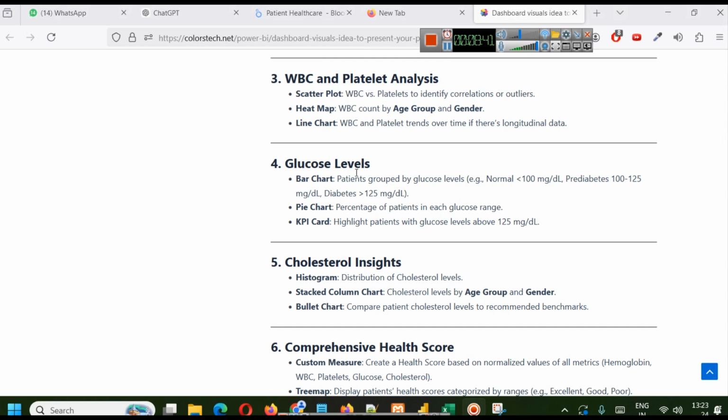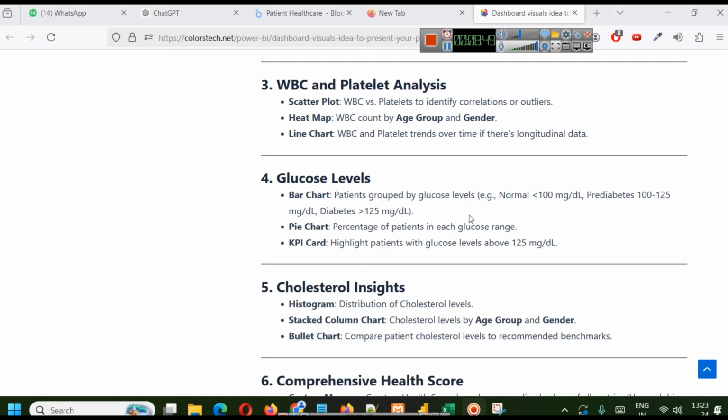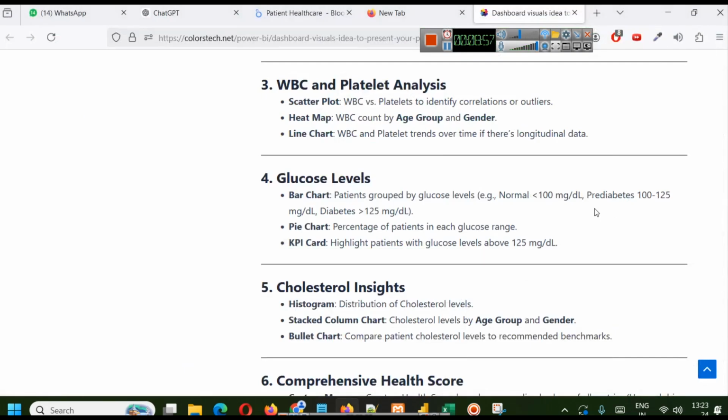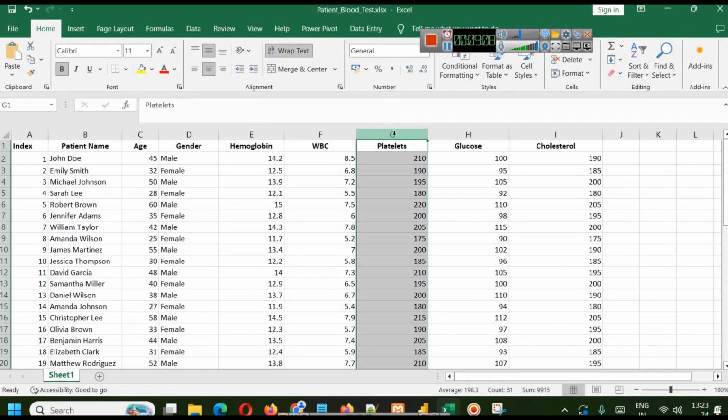Now the next thing that we are going to try is we are going to group the patients by their glucose level. In your data, when you have a glucose level, some values will be normal, some will be high, and some will be pre-diabetic. So now you will learn how to use a calculated field that will loop over the entire rows of data, and if the value is, let's say, 100, based on the condition